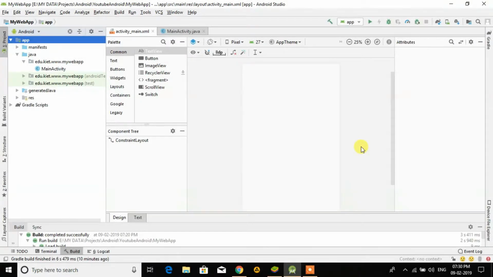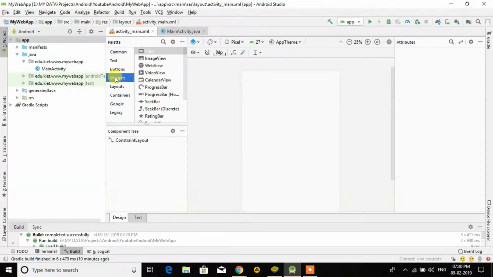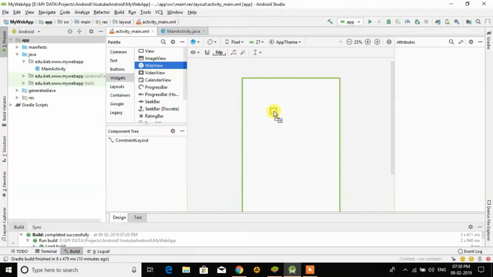Today in an Android learning series, we are going to make an app in which we convert any website into an app. Any website which you have, you can convert into an app. For that, what do we have to take? First of all, we have to take a web view. So take this web view, drag and drop here,